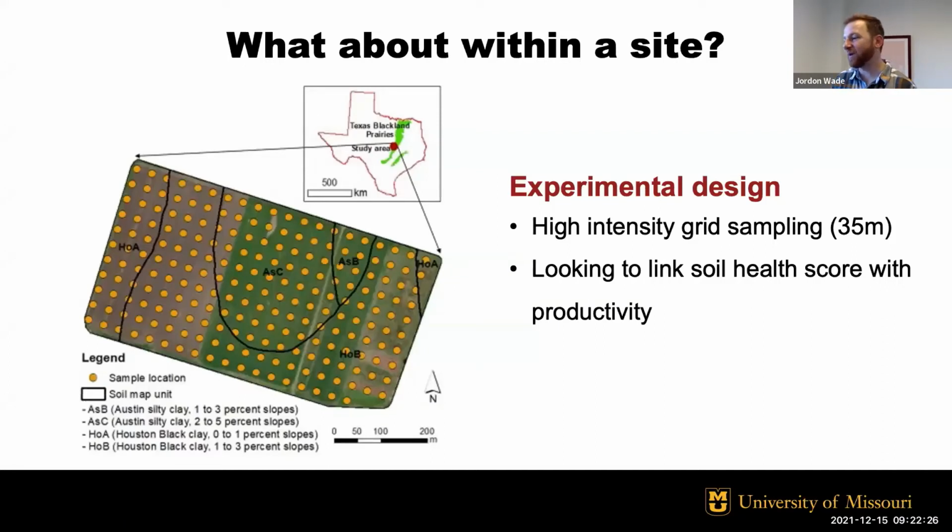So what they did is they went out and did really high intensity grid sampling on their experimental farm. So they sampled every 35 meters on this grid. And what they were looking to do was link the soil health score, specifically the Haney soil health score, to productivity. Now, on that site, they have 4 or 5 different soil types, as you can see. And so they're sampling across these different soil types. Now, what they found